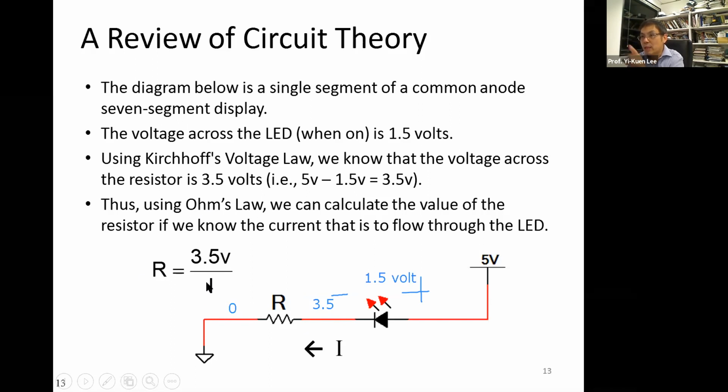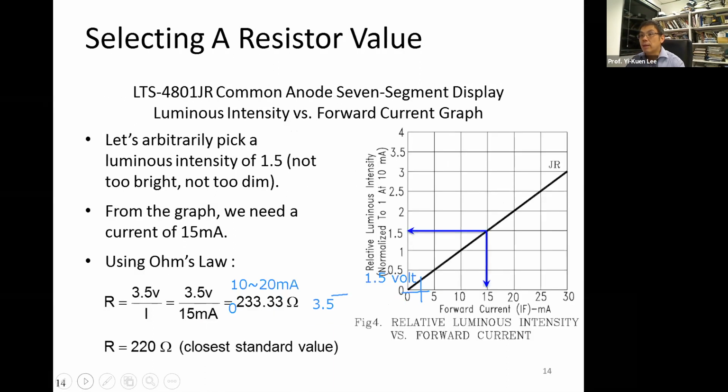Or if we pick a typical current, as I showed you in the data sheet of this LED and 7-segment display, it's around 10 milliamp, right? So over 20 milliamp. If you try to estimate our current, it's probably 20 milliamp, maybe 10 to 20. In this case, then we can have some idea about what's the typical value we need to use. Based on this typical 10 to 20 milliamp, we can find our resistor value should be about